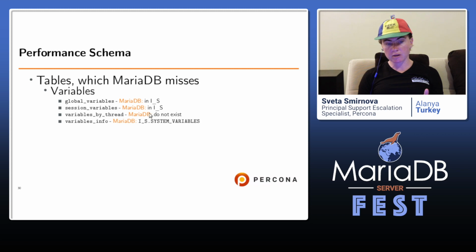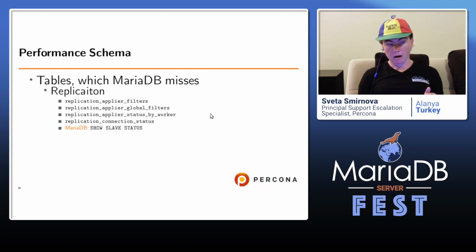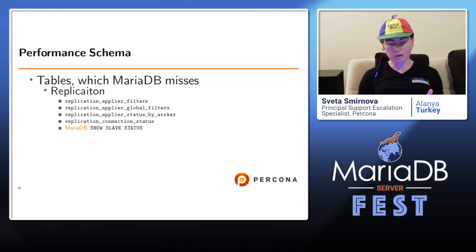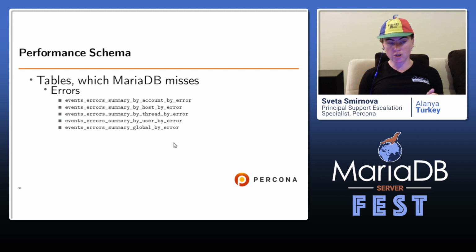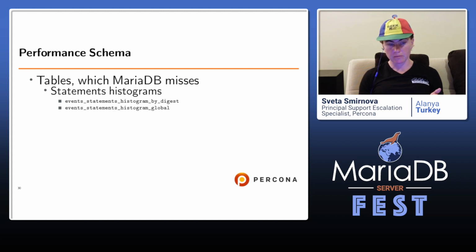Variables by thread is not available in MariaDB. The replication tables are again not available in MariaDB, and in MariaDB, use show slave status to get this information. Error summary tables, which were added in version 8.0, are also not available in MariaDB, and there is no equivalent.